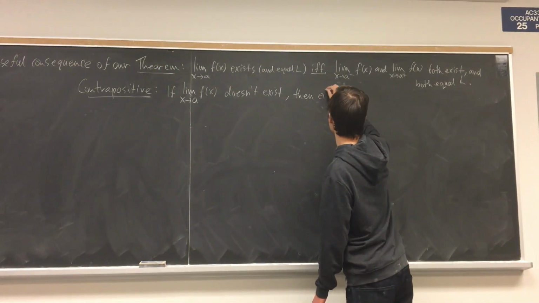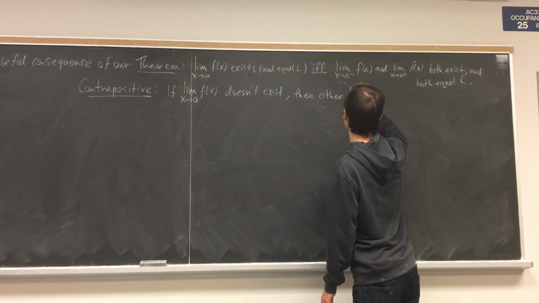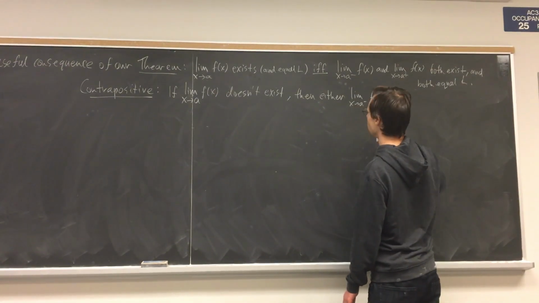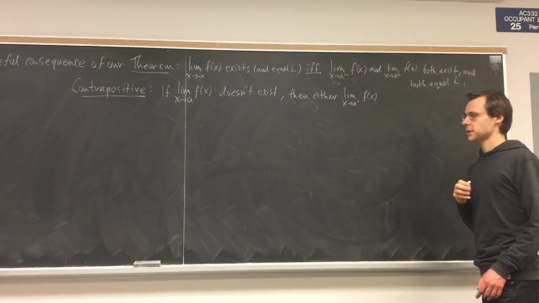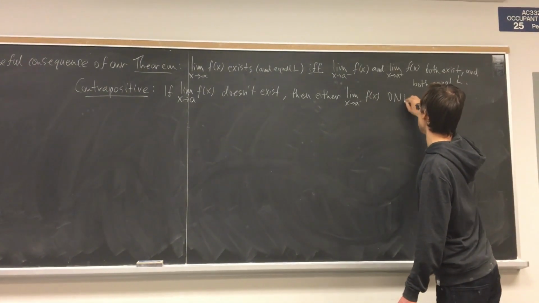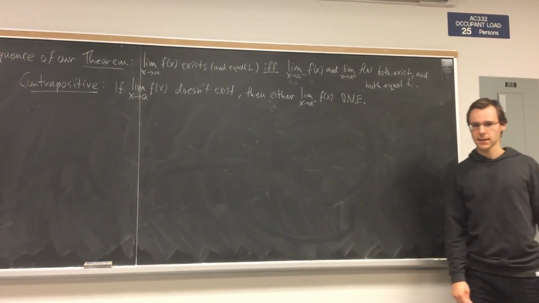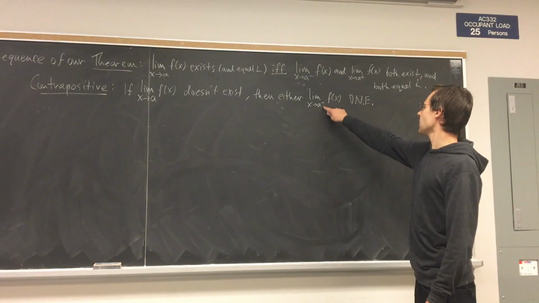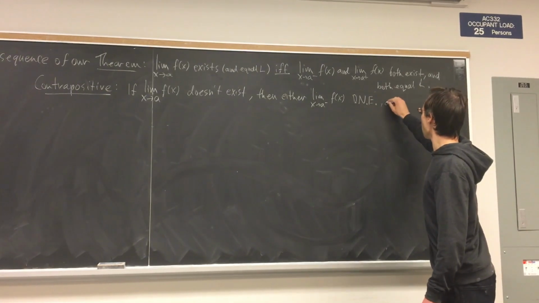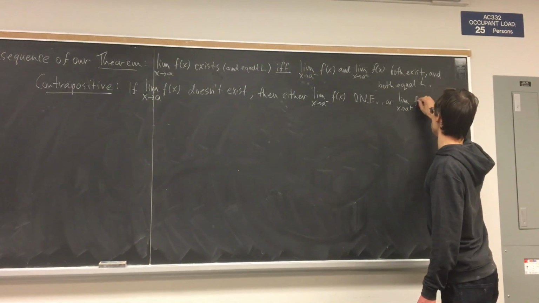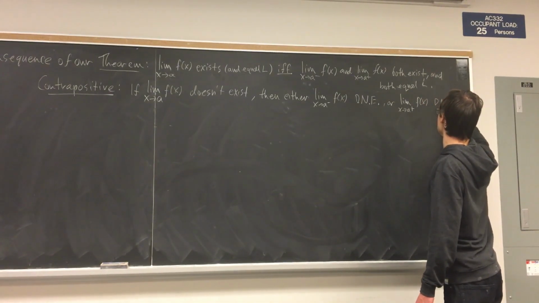Then either the limit as x approaches a from the negative side of f of x. Now doesn't exist is written like this in math. DNE, does not exist. Okay, so I'm going to use that abbreviation, so I write less. Then either that limit DNE, or the other limit, x approaches a from the positive side of f of x, DNE,